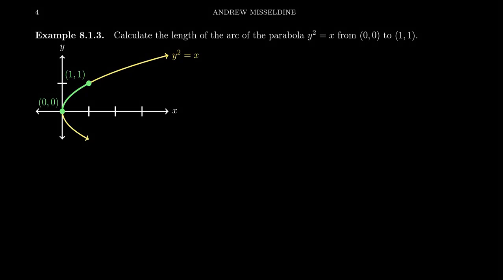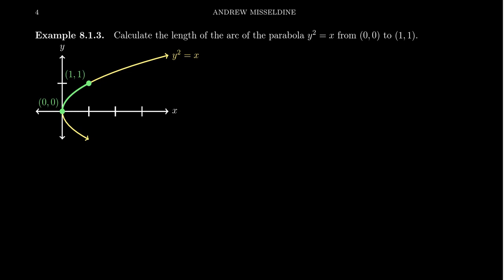In this video, we're going to calculate the length of the arc of the parabola y squared equals x from the point (0, 0) to (1, 1). Now, you'll notice that y squared equals x is a concave right parabola. We want to go from (0, 0) to (1, 1), so we actually only need the upper half of the